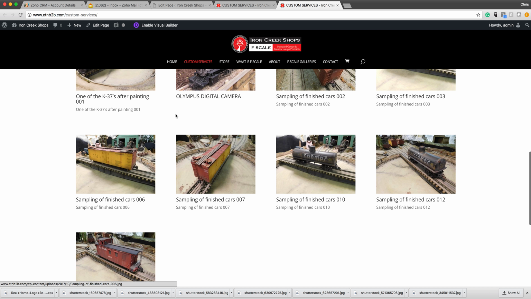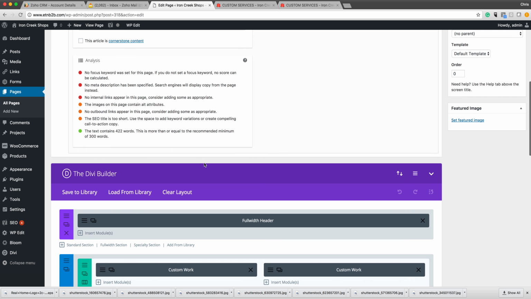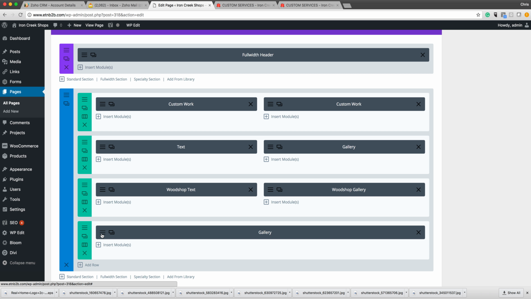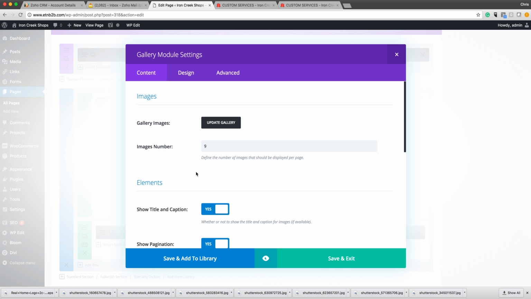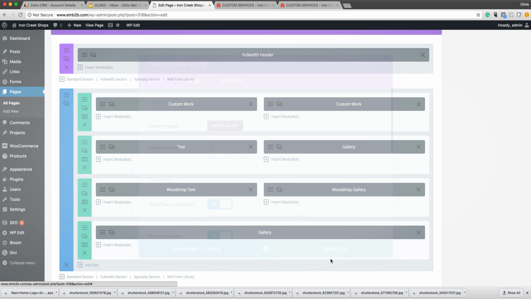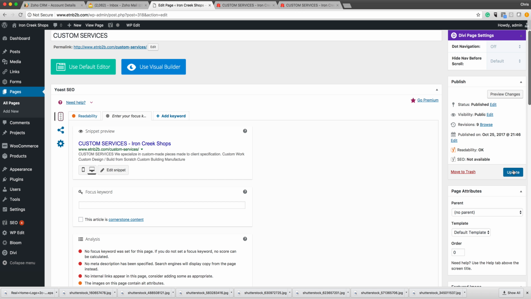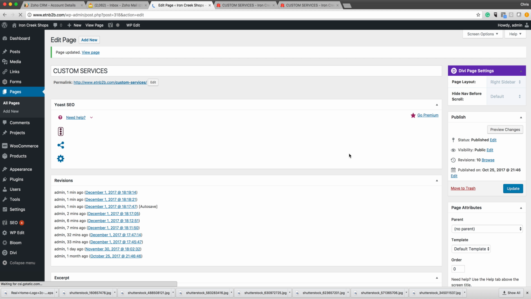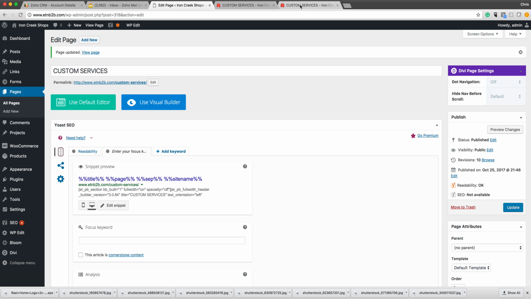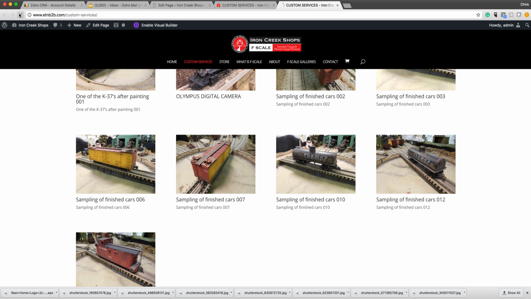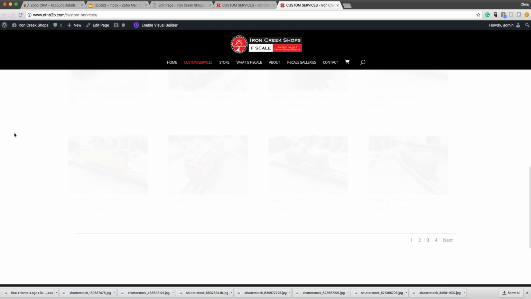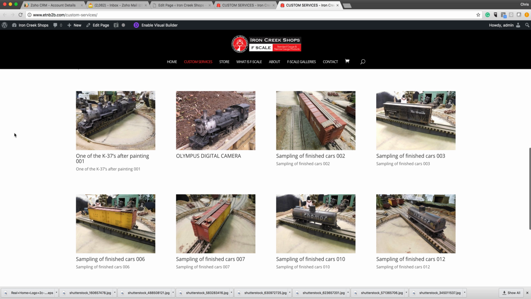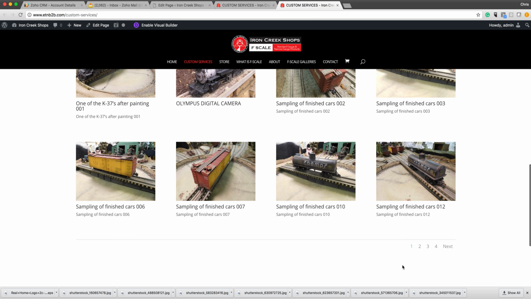I still have this little dangling image down here, so I'm going to go back and just make it 8. And then again, save, and then again here, and refresh. Now, a lot cleaner. Now it's 2 rows of images